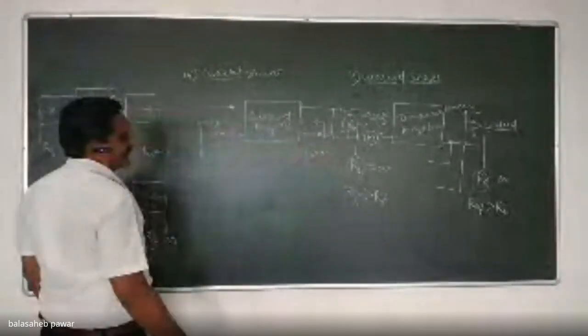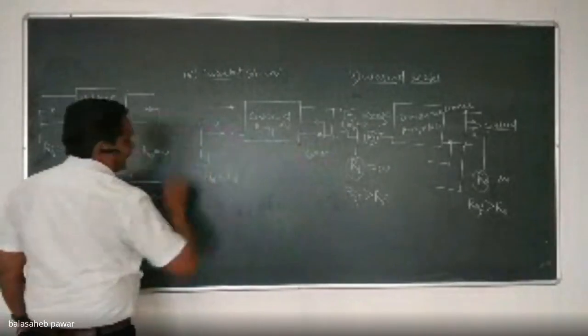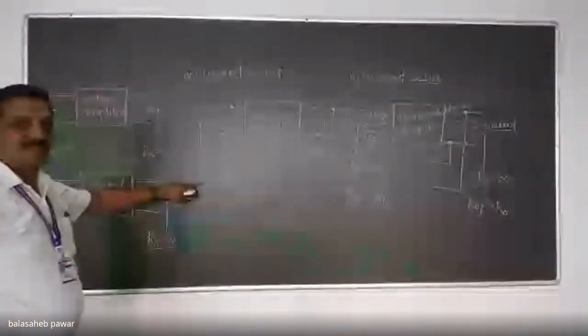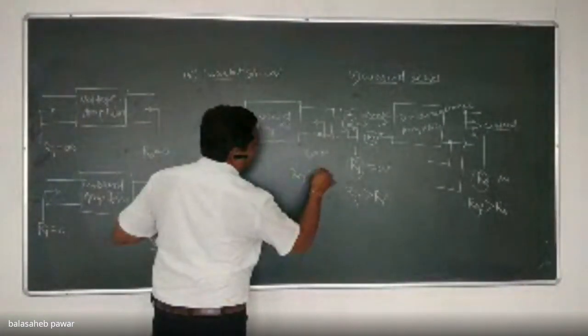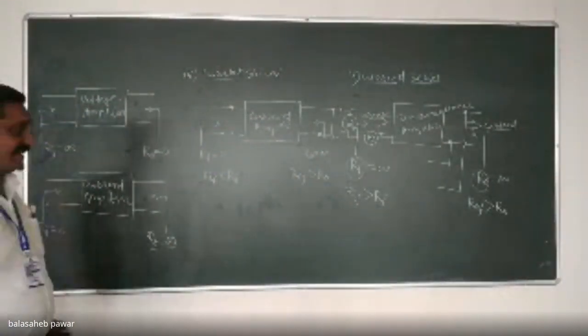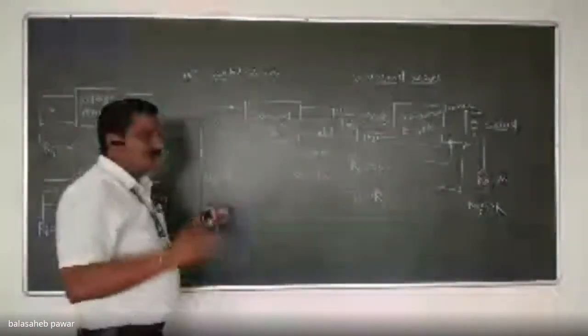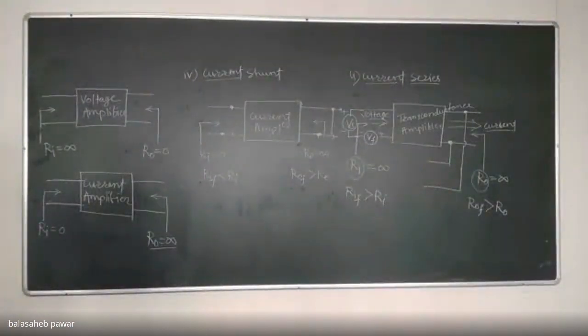Is it clear? So with feedback, as we know, it will improve as compared to without feedback. That means RIF will be less than RI, and ROF, how will we write it? Greater than RO, because ideally it is infinite. Practically it should be as large as possible, and using negative feedback we can improve it. That means ROF will be greater than RO. So I think you might have understood this comparative table properly. I hope so. Is it okay? Yes, sir.